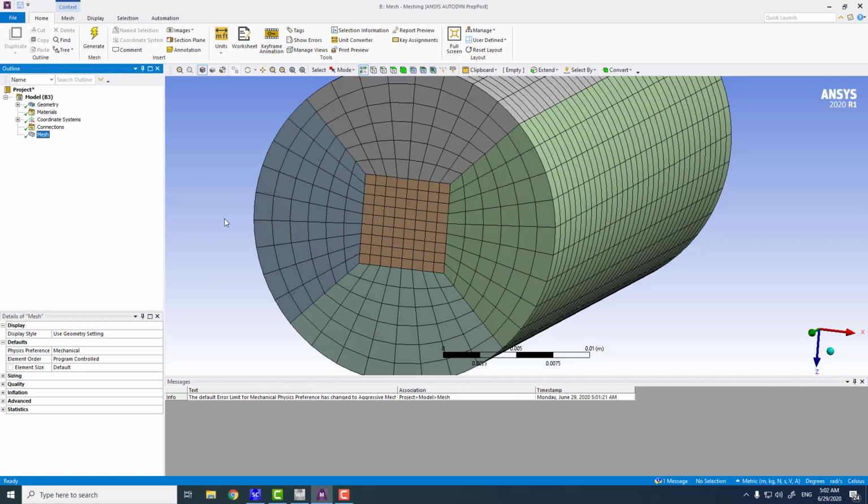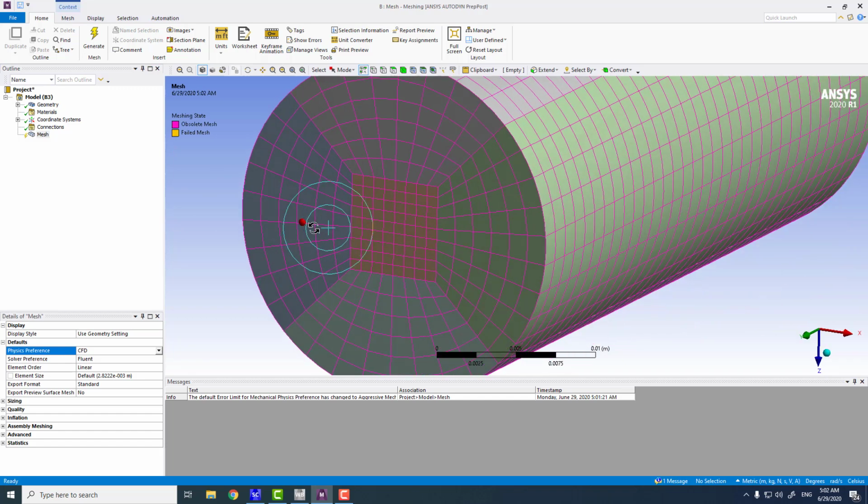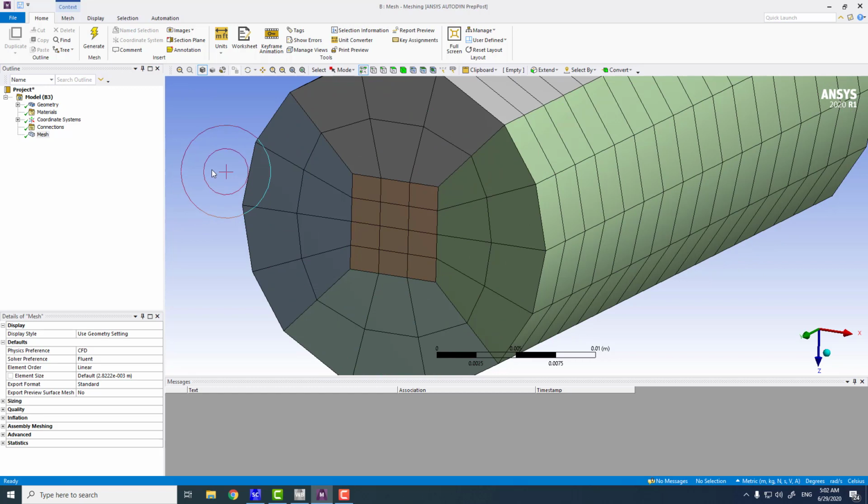And before ending this topic on SpaceClaim, how to create geometry from a simple sketch, first creating 3D geometry, then splitting geometry into multiple parts. The most important thing when we are working on CFD models is that you must change the physics preference from Mechanical, because for Mechanical and for CFD they have fine-tuned meshing techniques and meshing parameters. So if you are working in CFD, you should change the physics preference to CFD, and this will make things fine-tuned for CFD purposes.